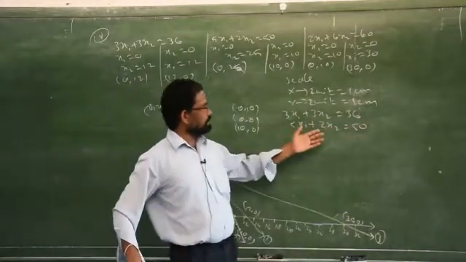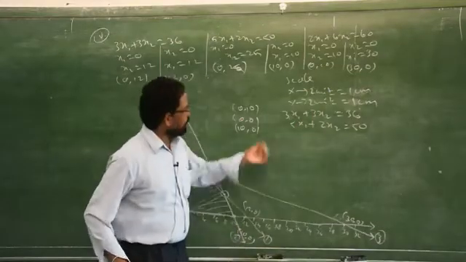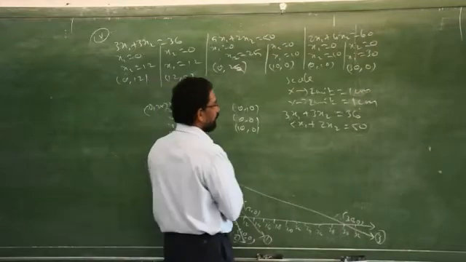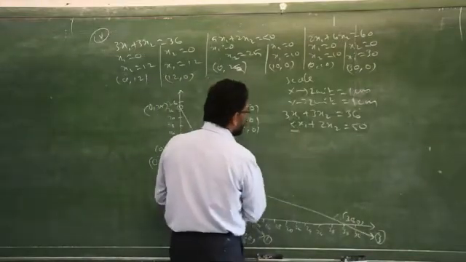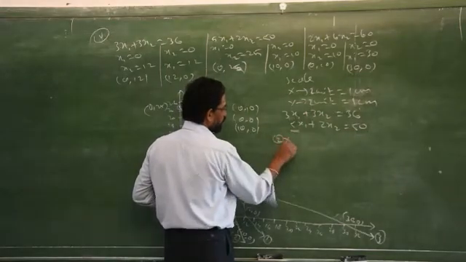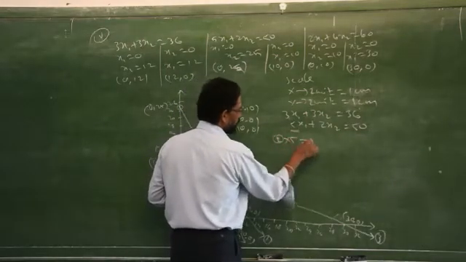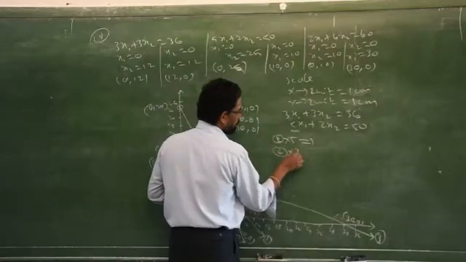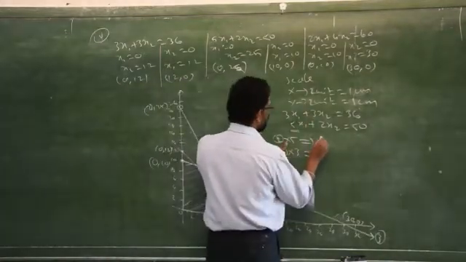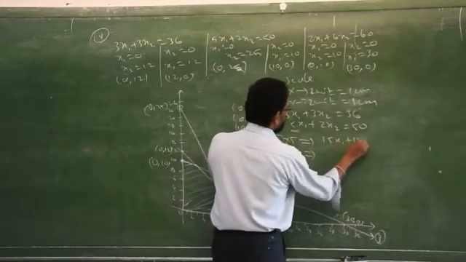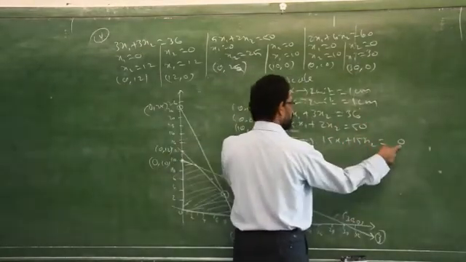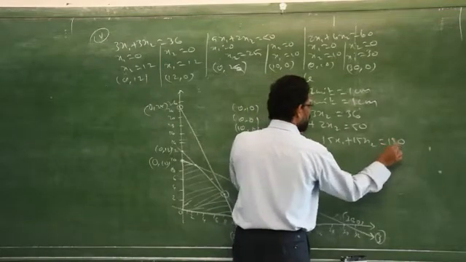You cannot apply the elimination method straight away like the previous model because the coefficients are different in both equations. Therefore, equation number 1 is multiplied by 5 and equation number 2 is multiplied by 3. This you know how to proceed. Clear? Multiply equation number 1: 15x1, 15x2, then 5 sixes are 30, remainder 3, so 180.